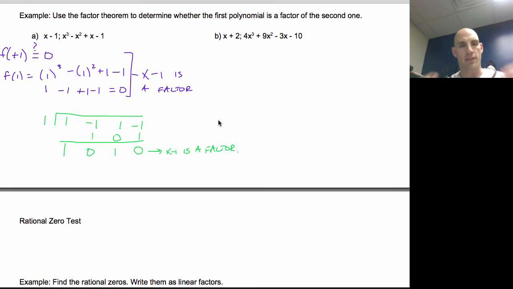So this tells me x minus 1 is a factor. Where we're going with this is to say that once I find a factor and I use synthetic division, I now have that polynomial product that I have been talking about in these previous videos, and it's going to allow me to factor these polynomials. So I'm just going to give you a little sneak peek here. We're going to do a factorization